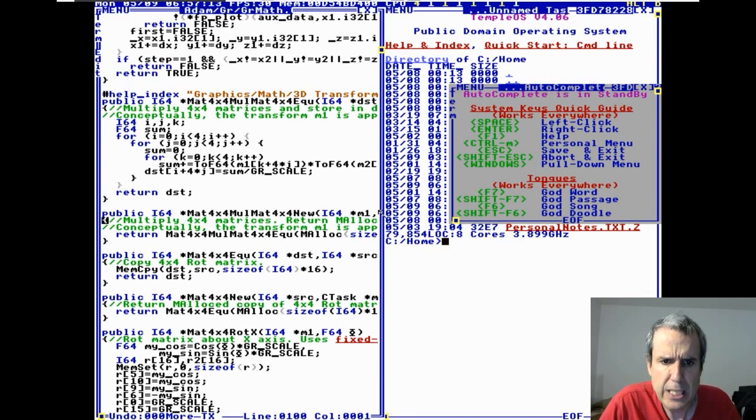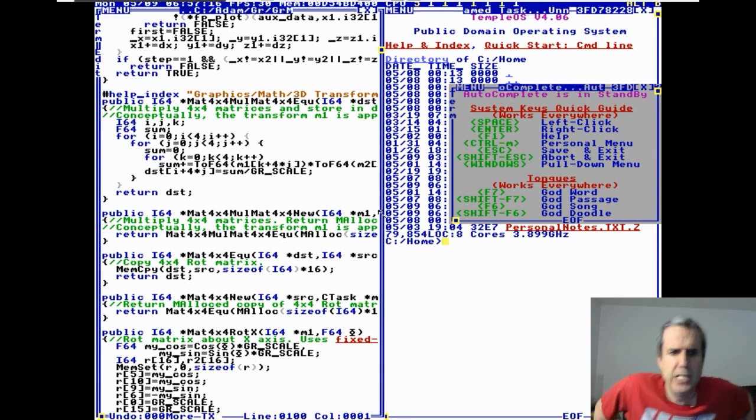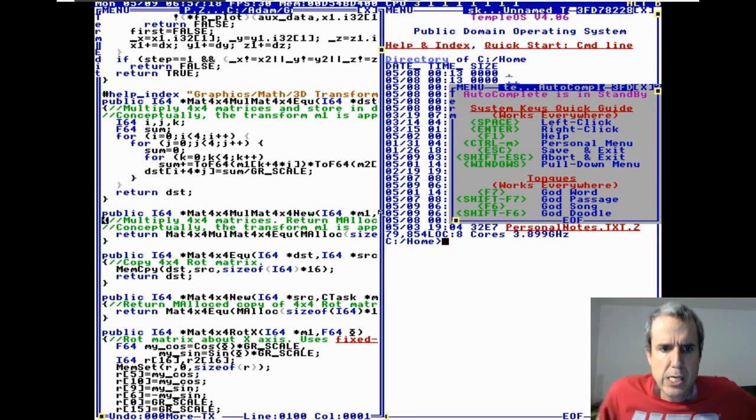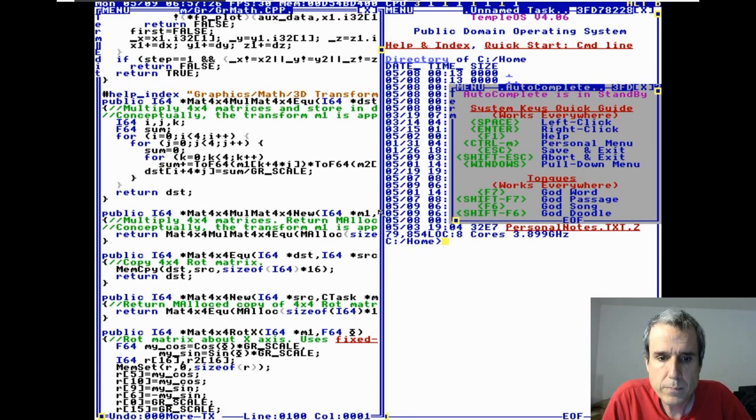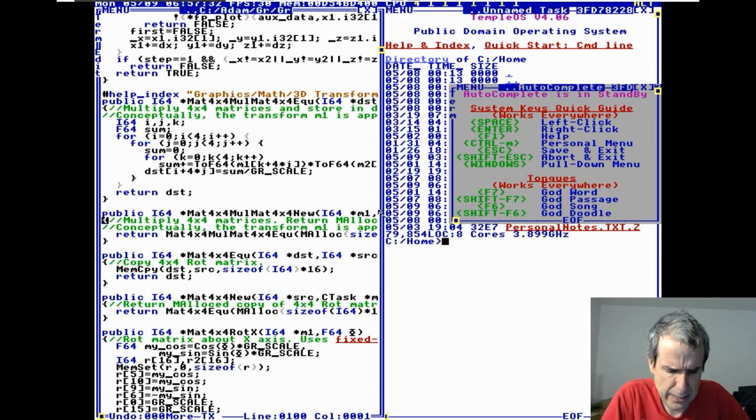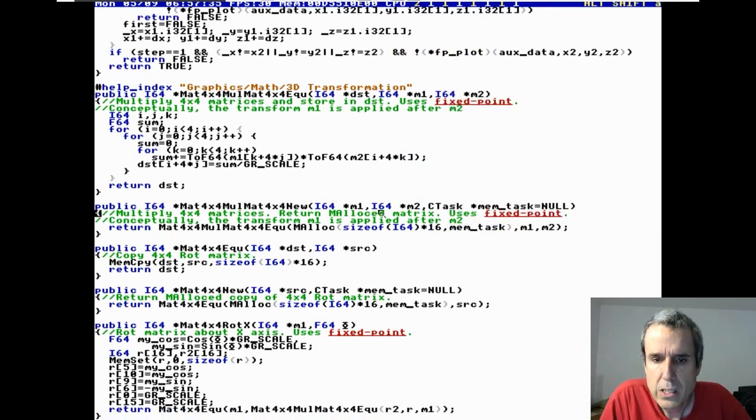However, our assembler doesn't recognize those at this point. So, one interesting thing, you know, these should probably be,